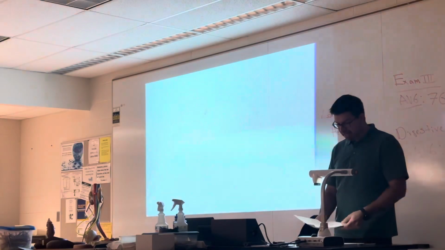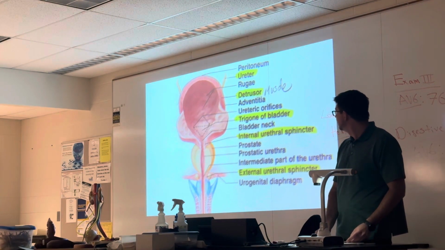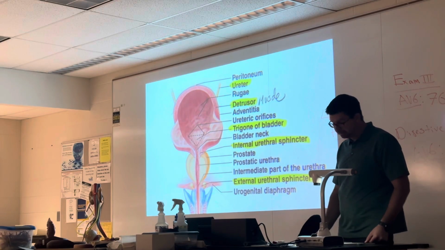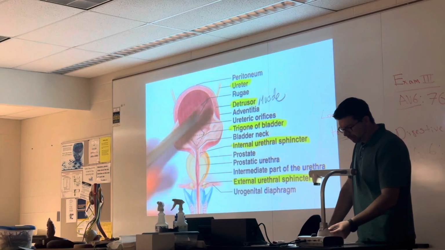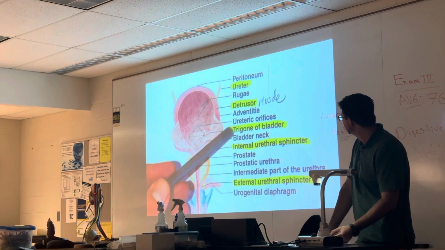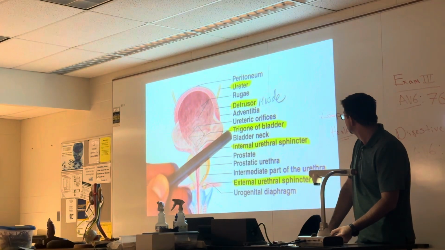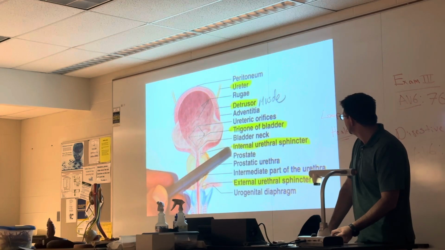All right, page number 9. Looking at the bladder, the urethra. First looking at the male system here. So we have the ureter, detrusor muscle, the trigone of the bladder, or simply like I have in the sheet, trigone is fine. Internal urethral sphincter,